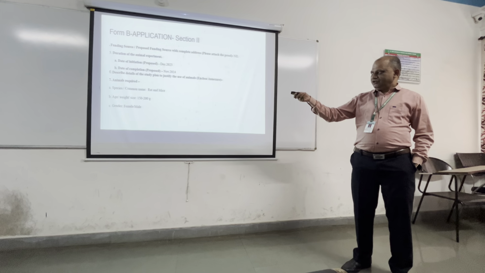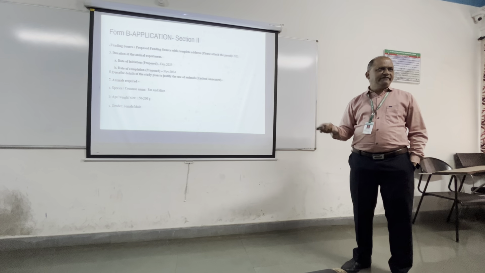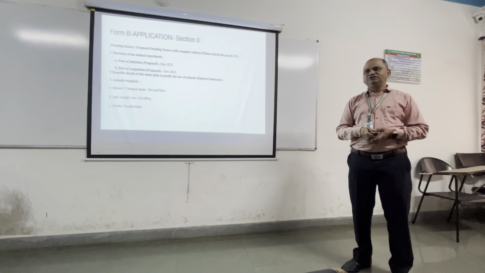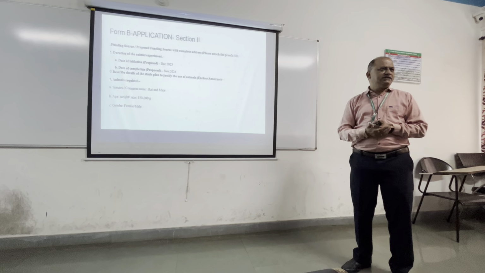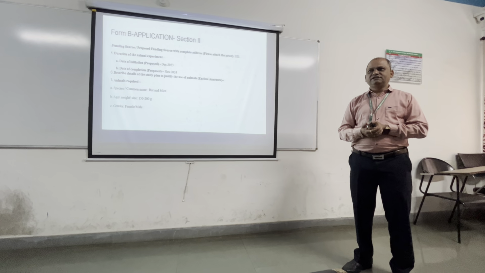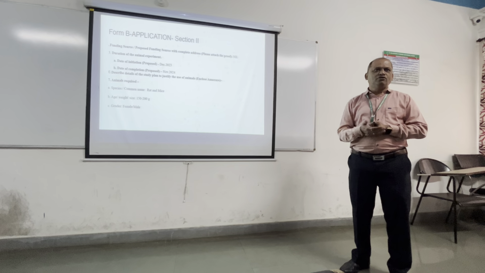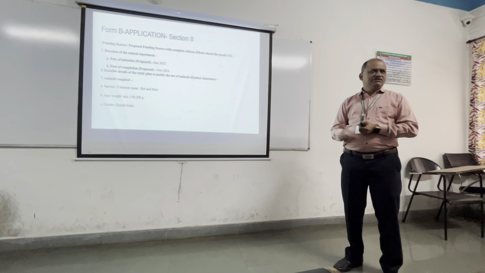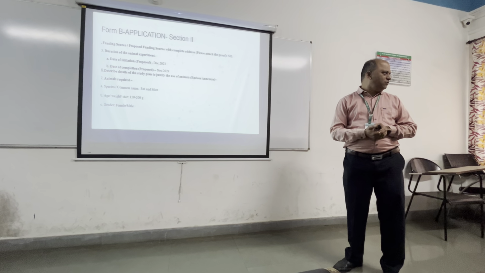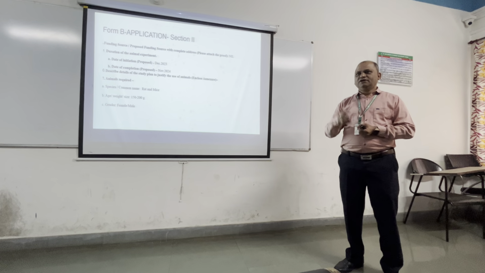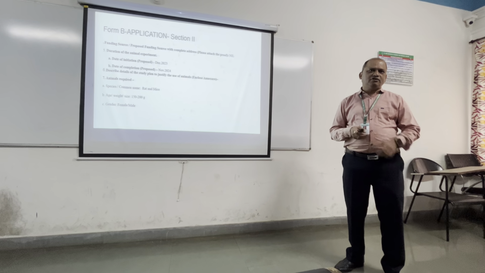Then age, weight and size. Normal body weight you have to mention generally. Generally, we are going to use the normal body weight. Or in a few studies like skin reactivity, the rabbits preferably have body weight more than 2 kg. In mice, 25 to 30 gram is a normal body weight. In rats, 150 to 200 gram is a normal body weight. You must know the normal body weight.